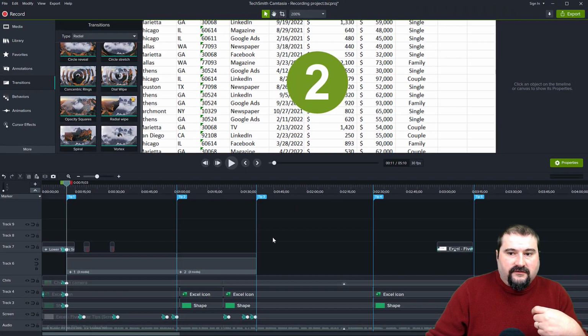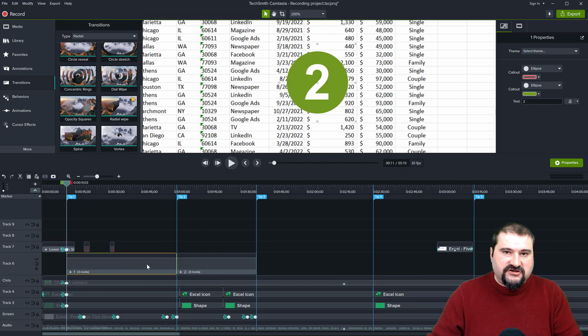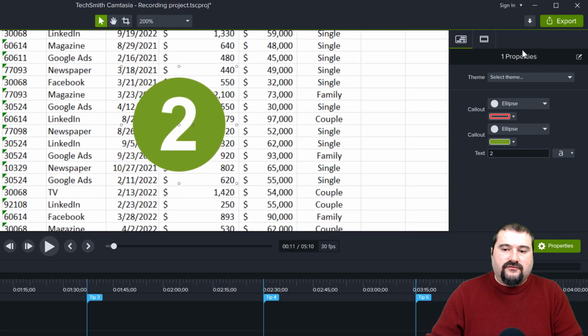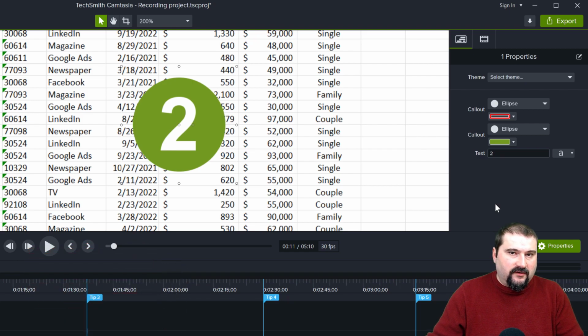But of course, the number that I have on it is 2. So that's not correct. So instead of actually having to go inside of that group and changing the number that you see on the screen, here's another thing. On the right side here, you see these properties. You may have seen these before. They are called quick properties. In Camtasia 2021, you have the properties available here that are inside of a group. You have them all available here to change.